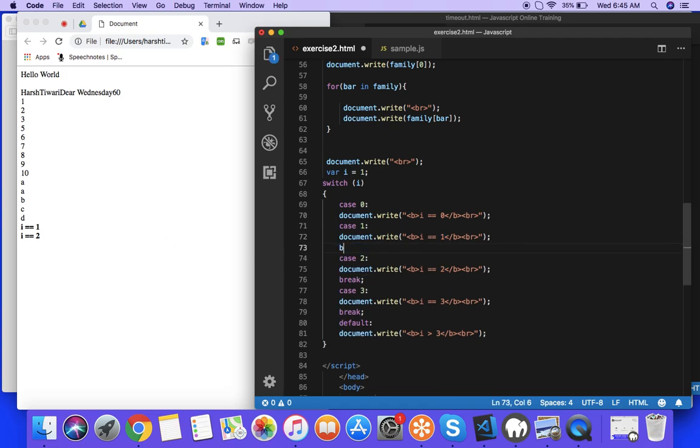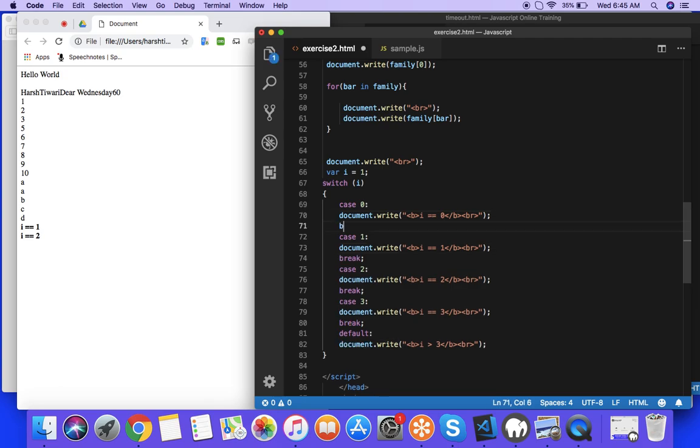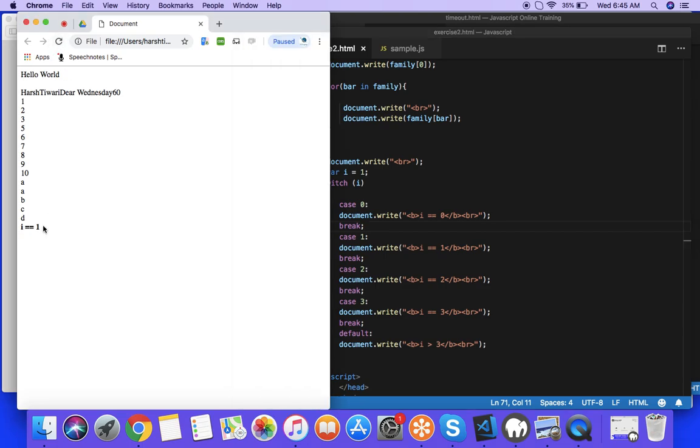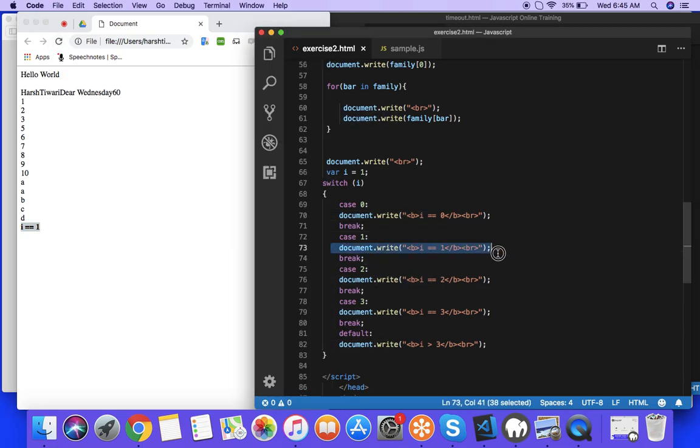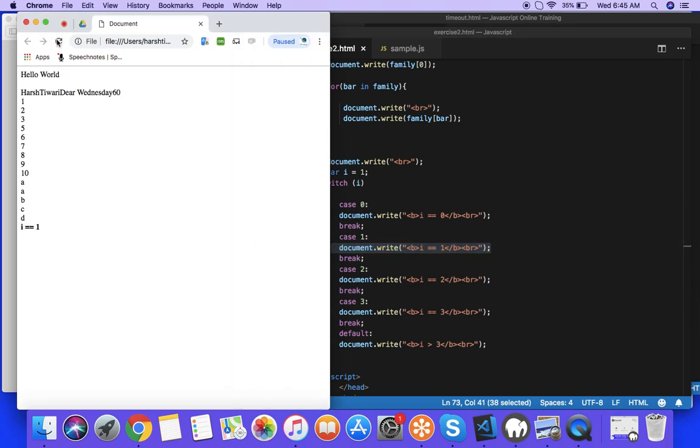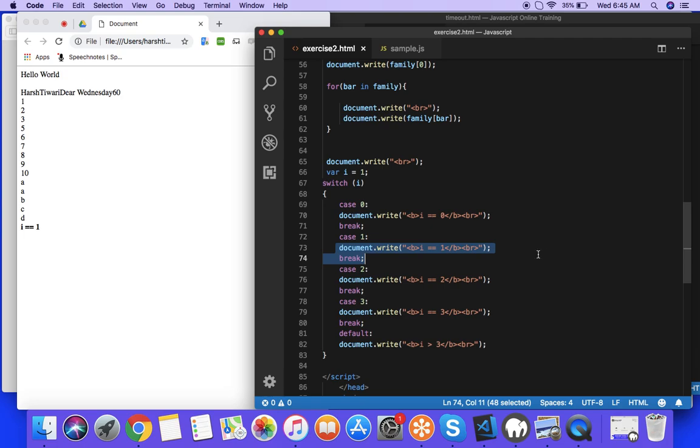So what you can do is, you can use the break here. And when we are using the break, here also we can use the break. So we are getting I is equal to 1. So this is the output. And then if I'm not using the break, then it will go to I is equal to 2 also. In I is equal to 2 also, if I'm not using it, then it will print I is equal to 3